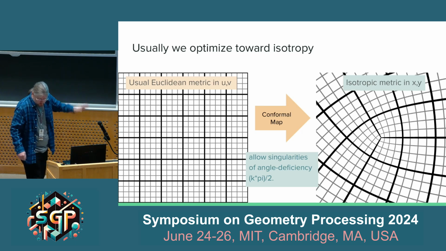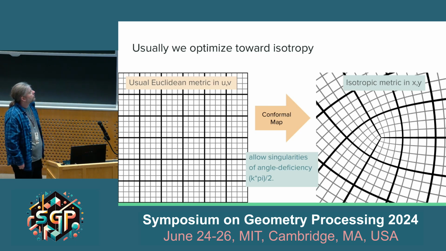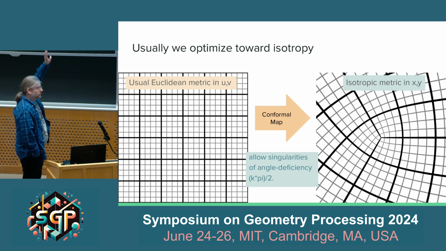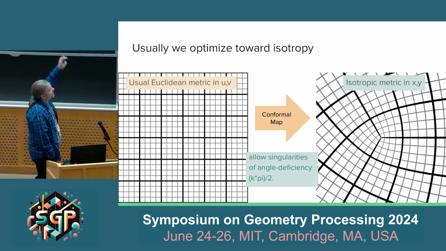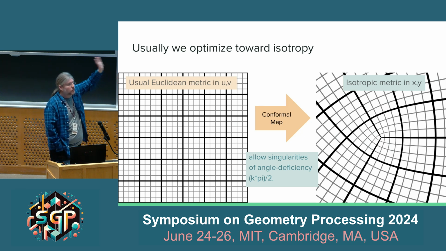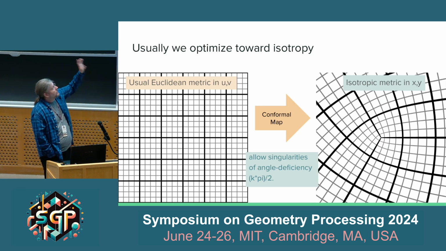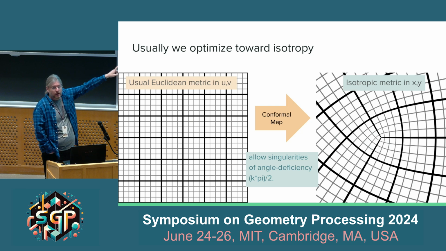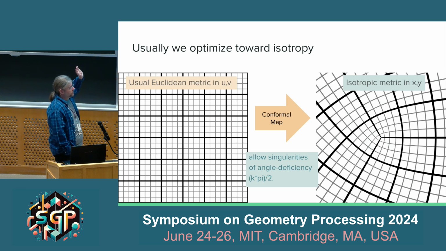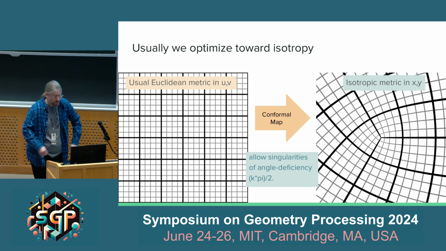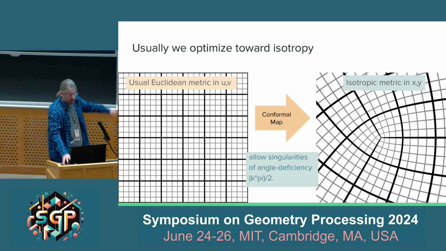Generally, when we're trying to generate a cross field, we're starting from the perspective of trying to make it isotropic. So if we have our normal Euclidean metric in a UV plane, we conformally map it to our XY plane where we want the cross field, and that gives us an isotropic metric in XY. That's the definition of a conformal map. However,